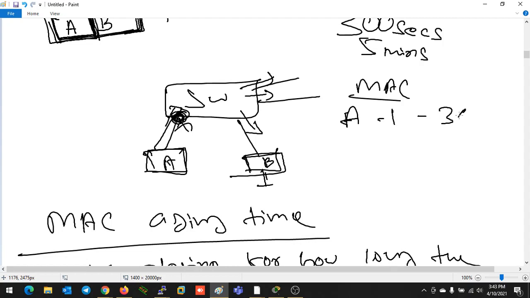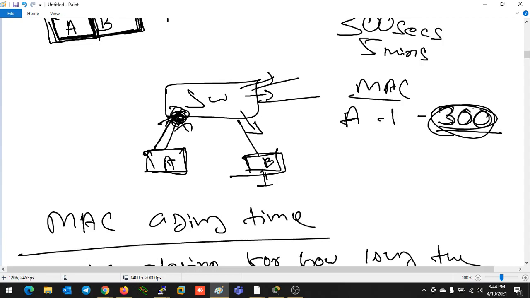By default the timer is 300 seconds, then 259, 258, like that the timer will run. At 0 seconds, if the device is not sending any data, the switch will flush the entry. But before completing 300 seconds, like at 150 seconds, if this device sends data again, then instead of 150 seconds, the timer will reset to 300 seconds.